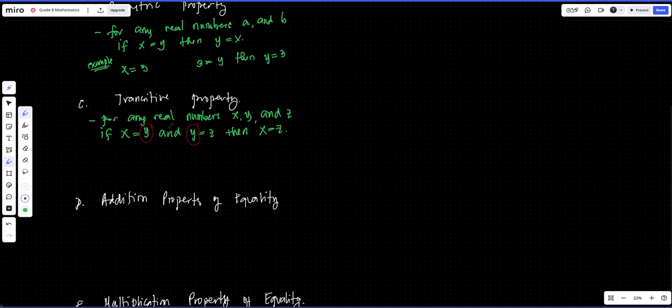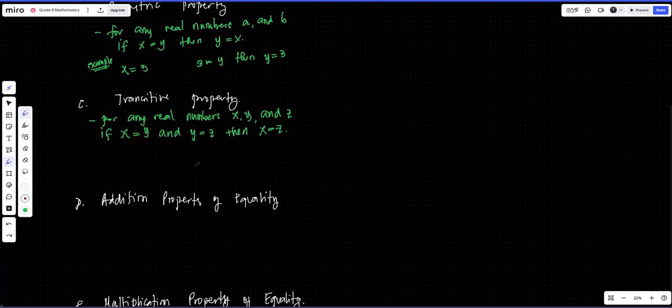So, ano yung value ni x? Yun din yung value ni y. But the second statement, ano yung value ni y? Same din yung value ni z. So, in conclusion, we can say that ano yung value ni x? Same din yung value ni y. Ay, ni z. That's it.